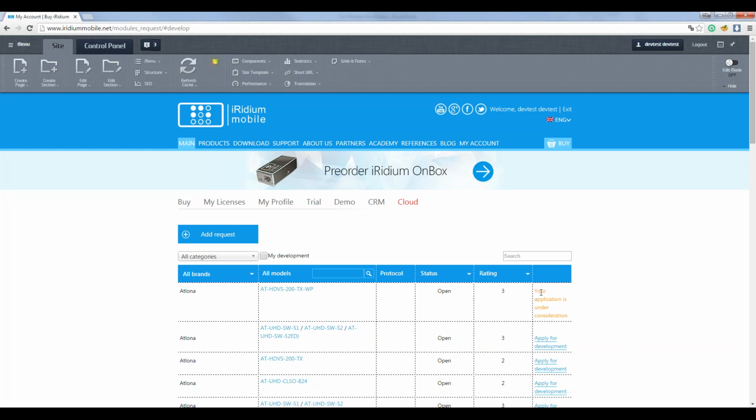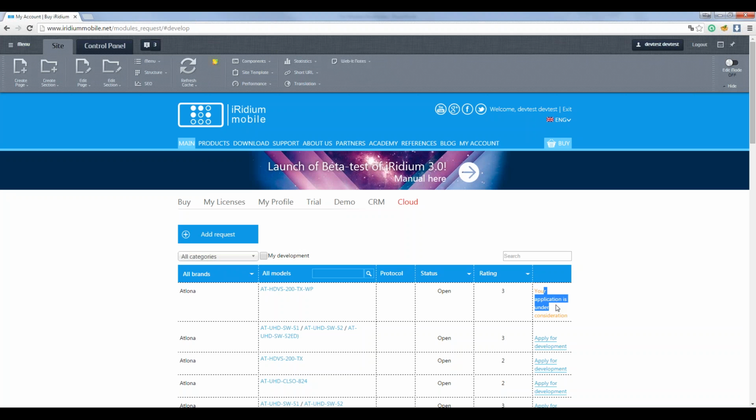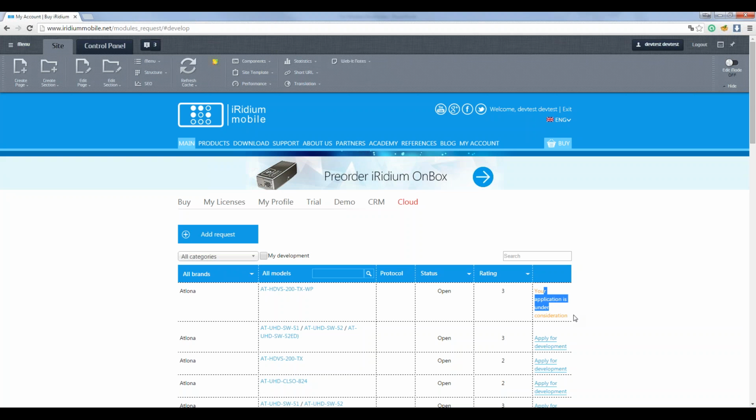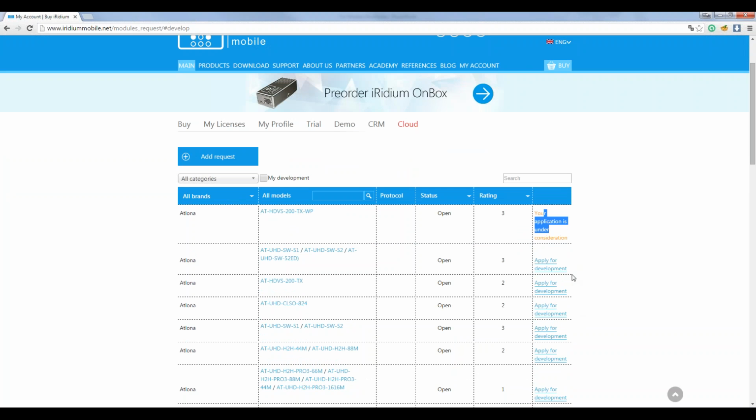After it, I see that the status has been changing, so my order is under consideration, and now in the iRidium mobile team, the moderator can see my order, and he should approve me.